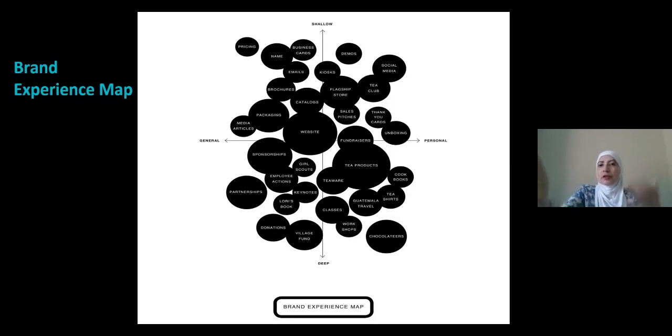And you can see again, social media is personal but shallow, because it's great for awareness and knowledge and attractiveness. But then when it comes to conviction, there is more to be done with the blogs, with also the workshops online, the personal chat online, where you can convert your leads and give them this special